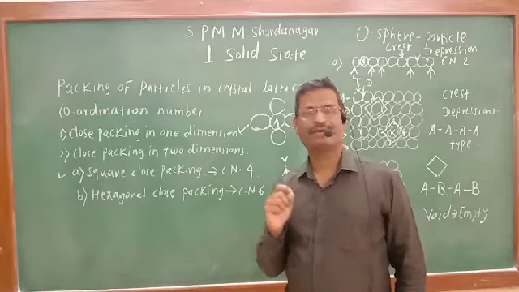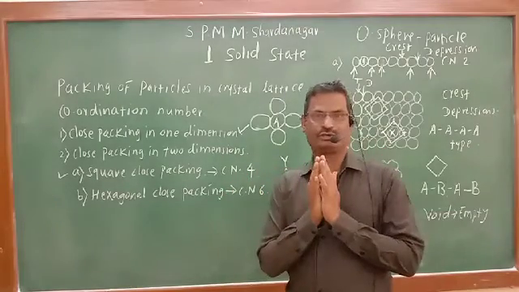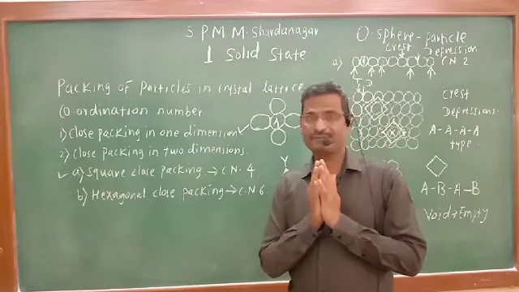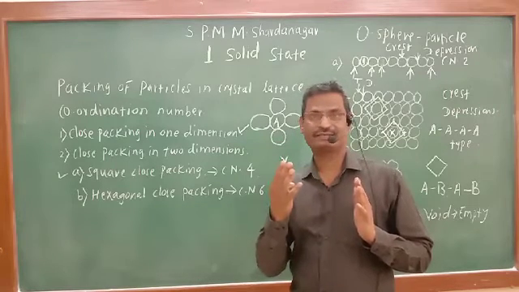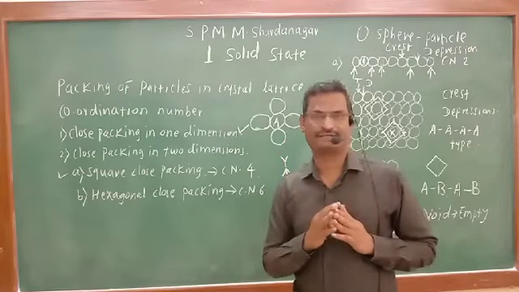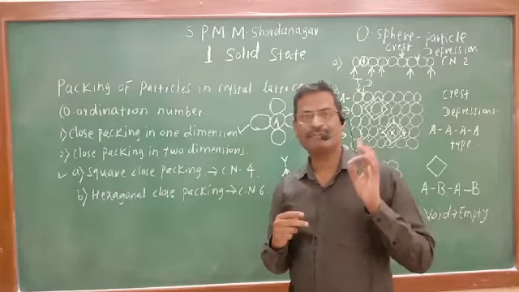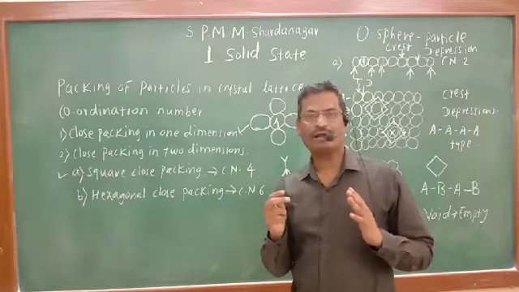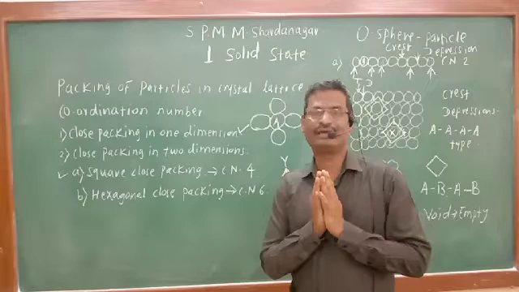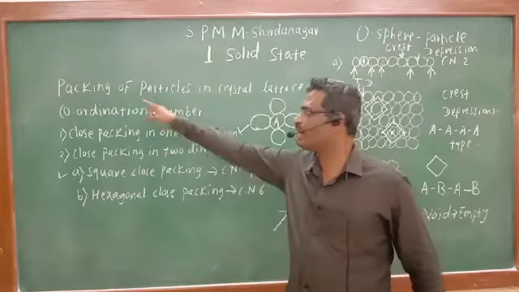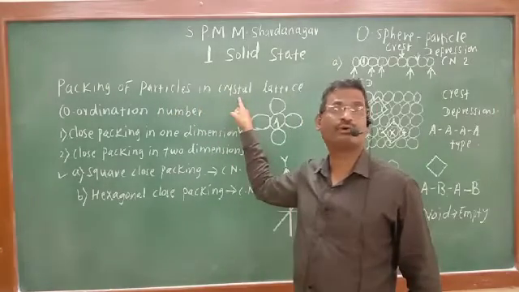Those particles, may be ions or atoms or molecules, are very close to each other, because which type of substances are we studying? We are not studying liquids, we are not studying gases, we are studying the pure crystalline solids. And we know that in the solids there may be atoms, there may be ions, there may be molecules, but they are very, very close to each other, such that the distance between them cannot be measured. And that is known as packing of particles in the crystal lattice, because they are very close to each other.